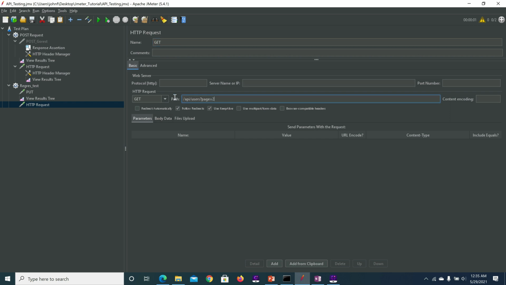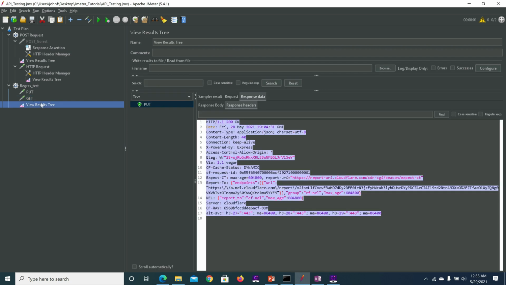I'm defining the path for the get request. Server name is regres.in. Protocol type is HTTPS. Dragging it one level above. Saving the test plan. Let me run the test now.